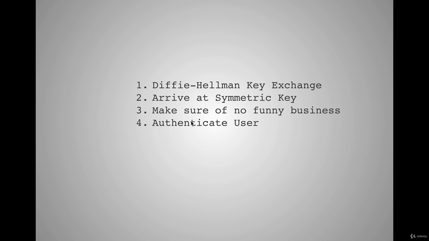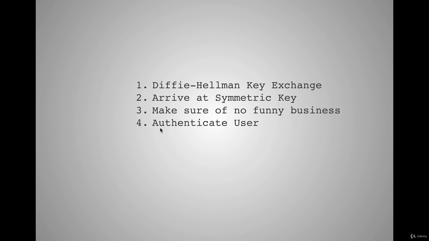Finally, we had to authenticate the user in two ways. We could either provide a password to say, hey, we are who we are and we have the right to access the server, or we could use something like RSA, which allows us to prove the identity of the person. Or we could use SSH keys and something called RSA, which allows us to prove the identity of the person